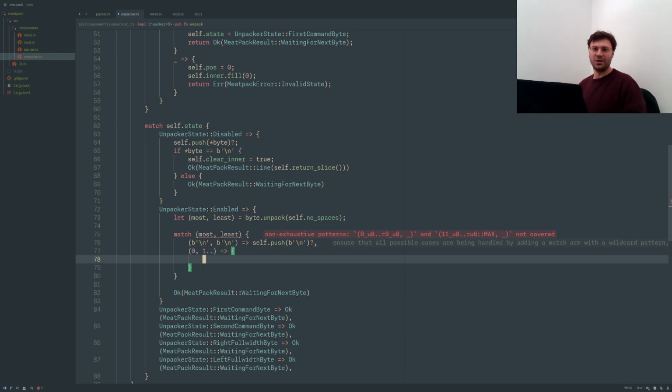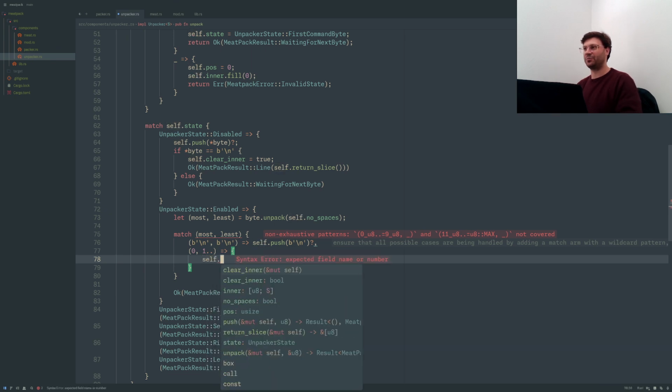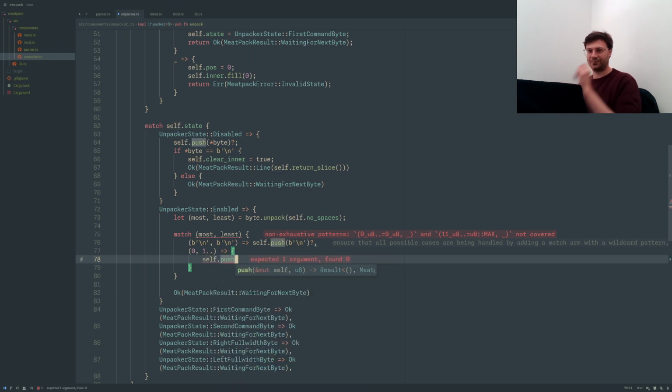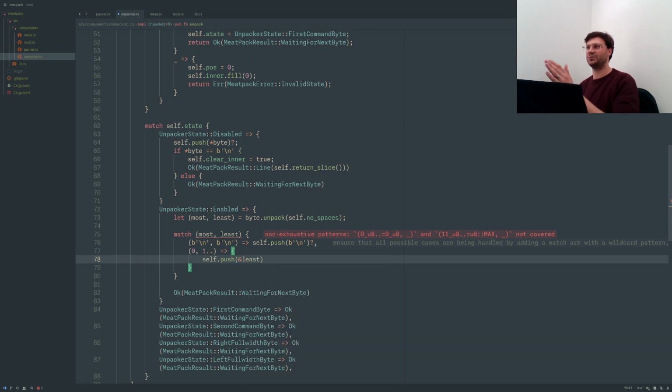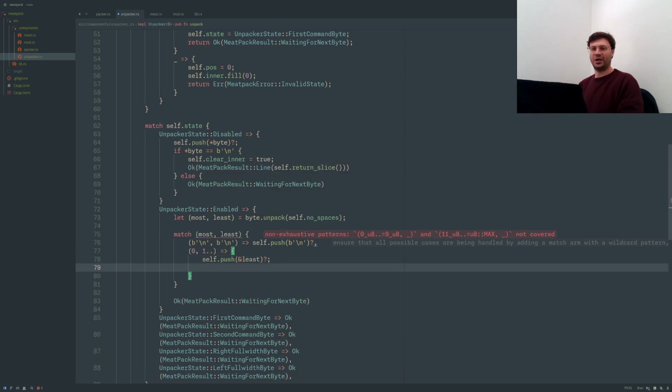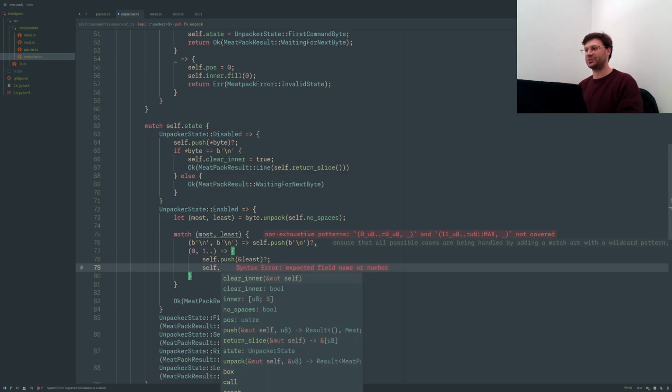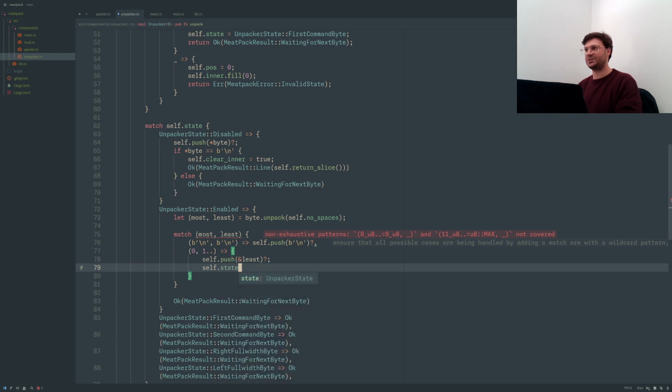So here we just want to self.push the least significant byte into the buffer, and we want to set self.state equals unpacker state. So now we're going to expect a write full width byte,